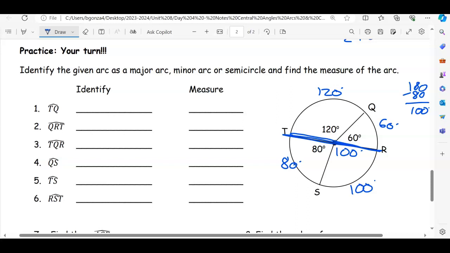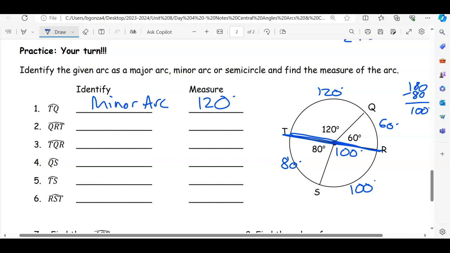So 120 is less than 180 and less than half. T to Q is less than 180, and it's not halfway, so it's a minor arc. Let's write minor arc. And what's the measure of TQ? Well, it's on the outside, it's 120. Cool, easy. Next one,